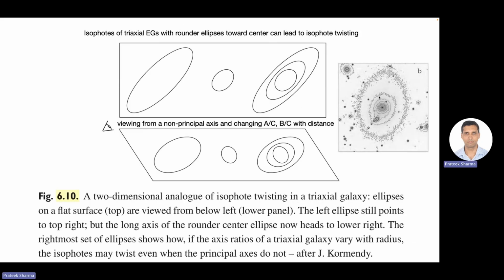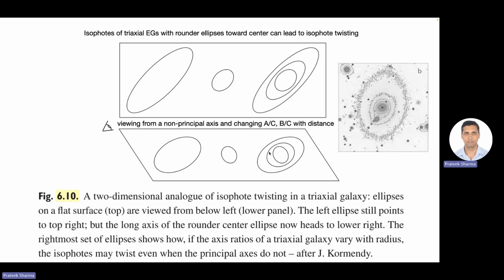As I said, this is something called a twisting isophote of an elliptical galaxy. To get twisted isophotes, you have to have triaxial galaxies, so A, B, and C are not equal to each other. Moreover, if you look at this one, it is rounder compared to the outer ellipse, so the ellipticity can be a function of distance. In that case, if you do the projection,